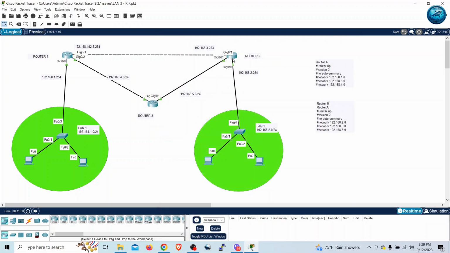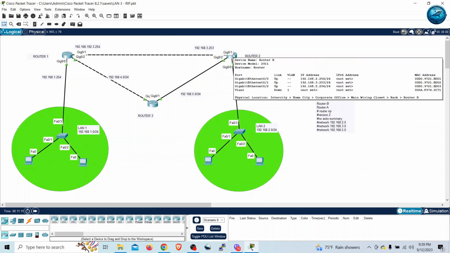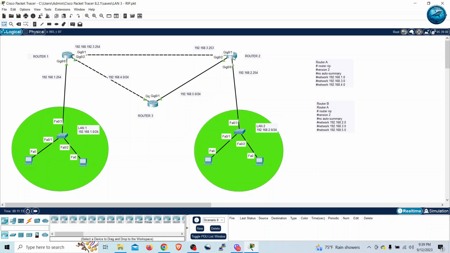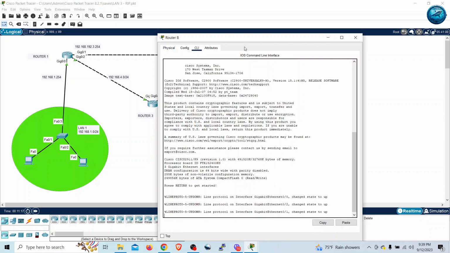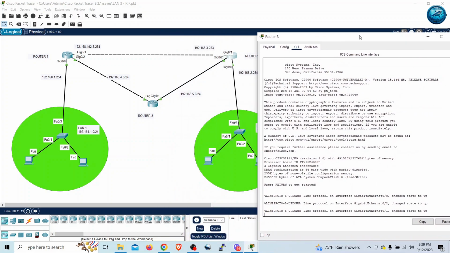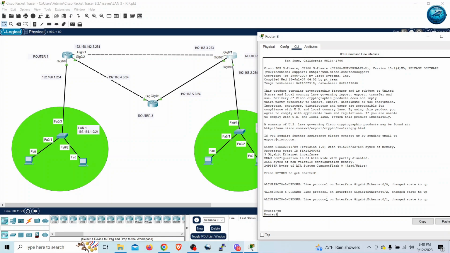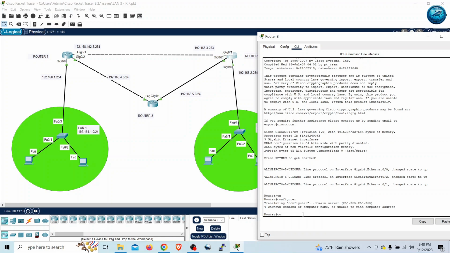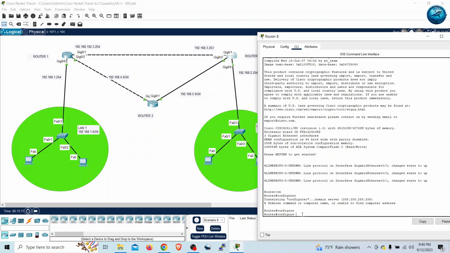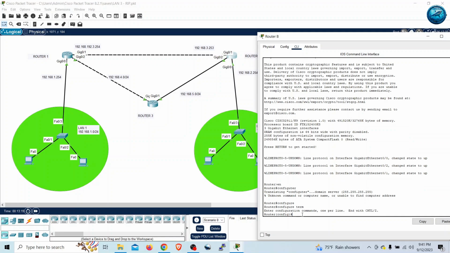Similarly, now I will go to my second router over here, and I will enable router rip once again. Double click it, then go to CLI, then enter, go to enable mode, enable, global configuration mode, configure terminal, then enable router rip on all three interfaces, network